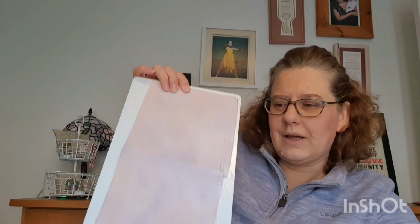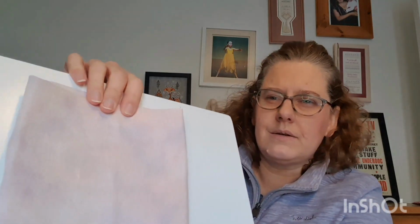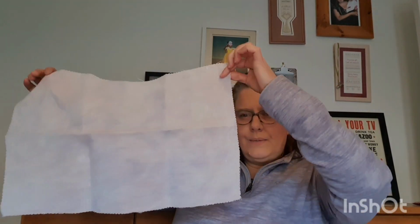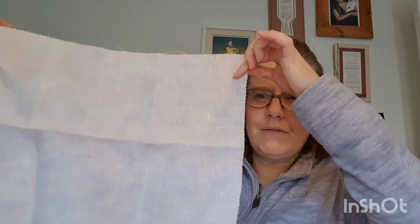So part of my haul was actually my Fabric of the Month, which Kate actually brought along. So this is the Fabric of the Month. So I am on 36 count linen, and let me just see if you can see what the colour is like. It's a peachy pinky colour, but absolutely gorgeous, absolutely gorgeous. And this is a 13 by 18 piece, so quite a reasonably good sized piece,